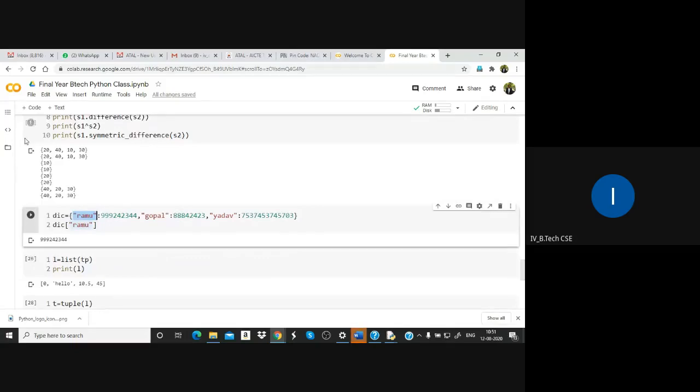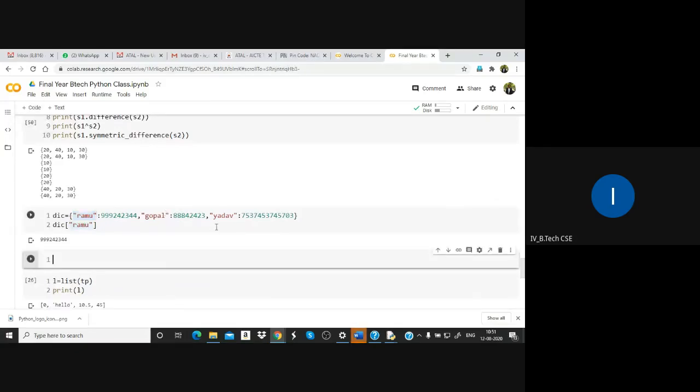So I will write one more dictionary. You can have values as a list also, or anything. For example, 1 colon, I can put a list 10, 20, 30.